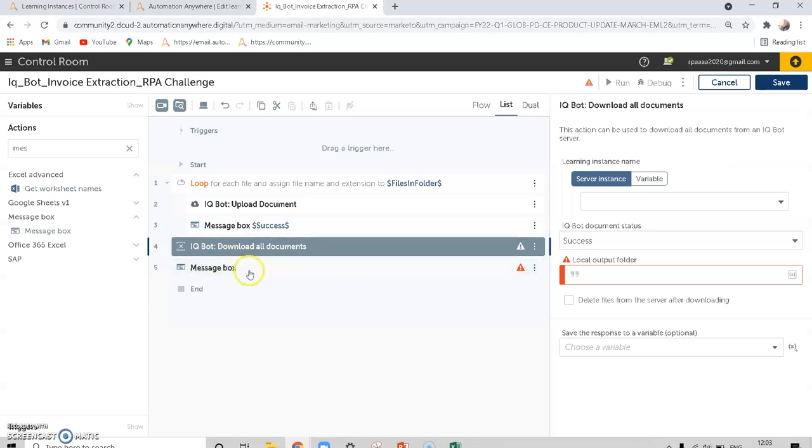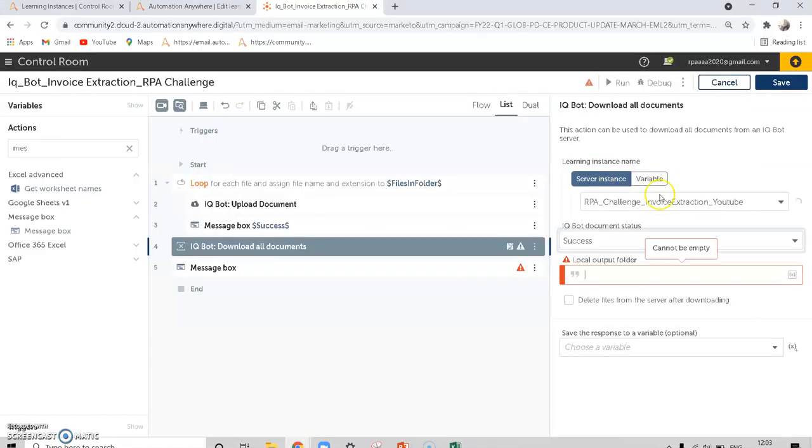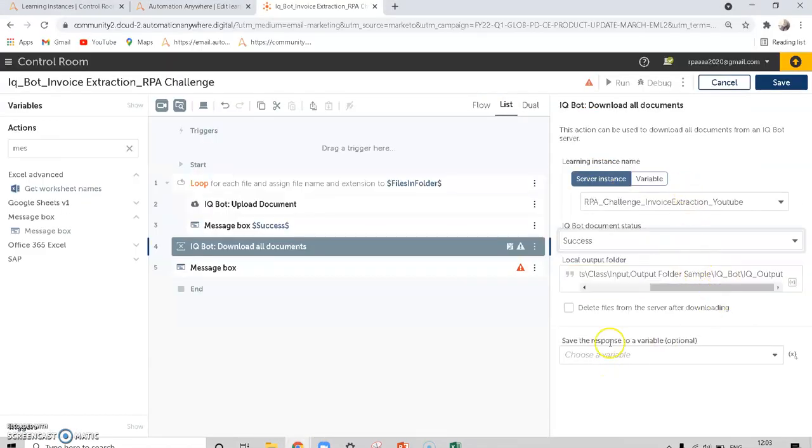Here you have to download all the documents, and the service instance will be the same as YouTube channel, and this will be the status if it is successfully downloaded or not, and the local output folder will be my output folder, and save the response to a variable success.